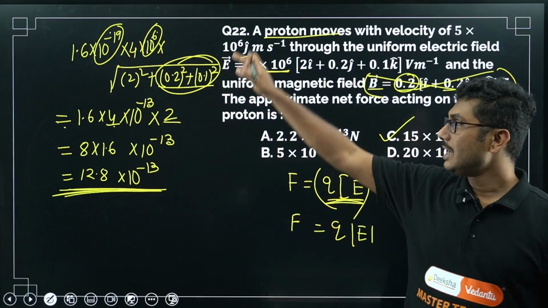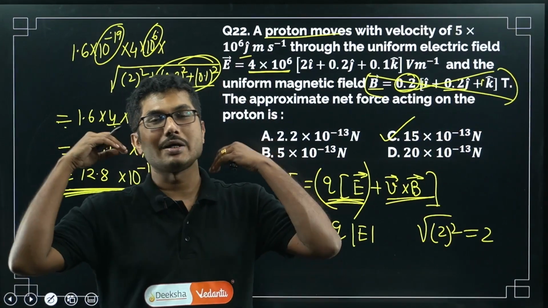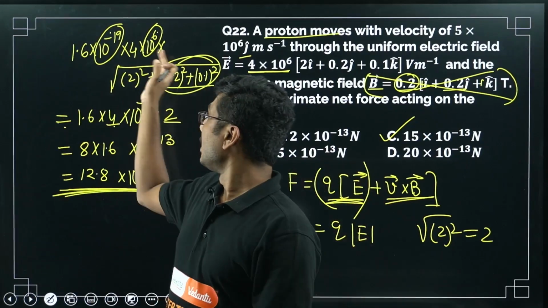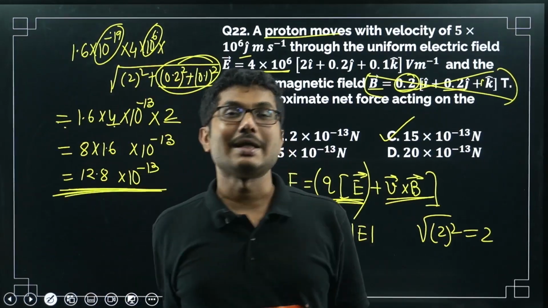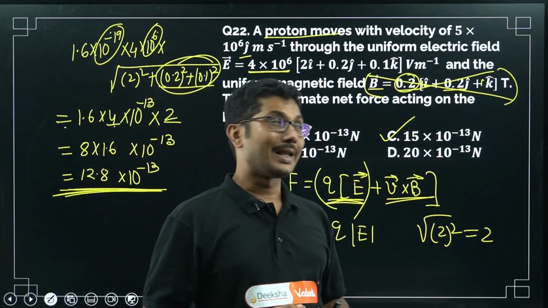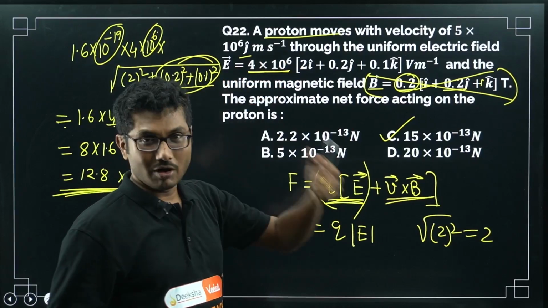So this is a very short way to solve this long question. Otherwise it will require you to do cross product, then add them, then again do this square root method. So this will take a long time to solve this question. But if you use a slight brain of yours, that okay, this electric field is very strong, we can simply